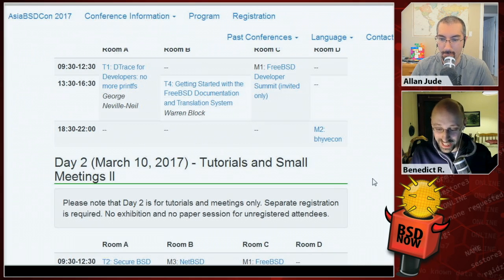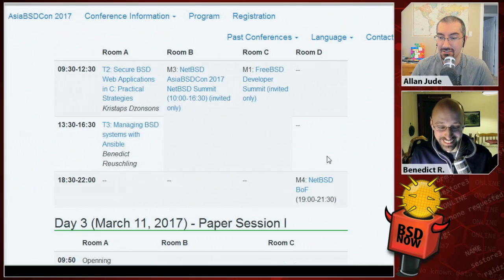Then we're just getting started. Yeah. During the second day, Kristaps actually gave a tutorial on how to build a secure web application for any of the BSDs in C. So actual practical strategies for building a web app using Capsicum or Pledge and so on. And then NetBSD had their summit, and FreeBSD had their summit going on. And in the afternoon of the second day,